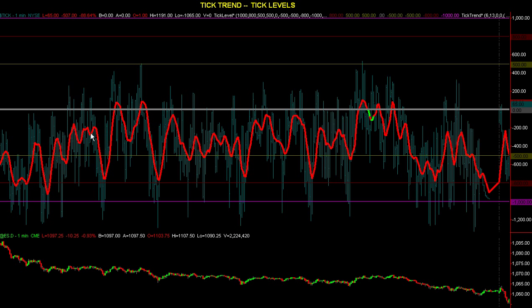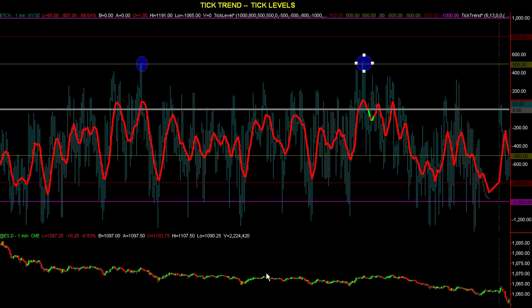So today the tick trend was red all day long. It moved up to the 0 line and then pushed back down. Then it consolidated. Then it moved up and then it pushed back down. Okay. So I can print this out and I can study it and have a mental picture of what the ticks did, and I can write a small description beneath it of what I just explained in this video about the tick trend. And then I will also take notation that both times we hit 500 level, above 0, the